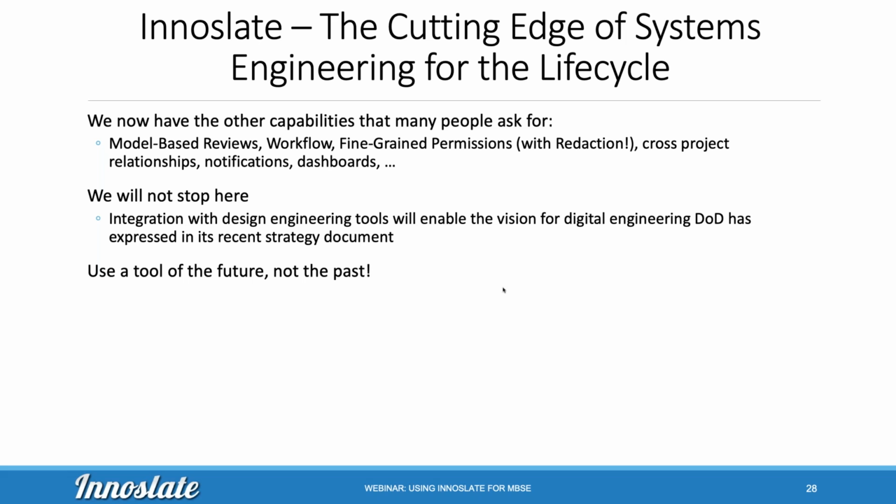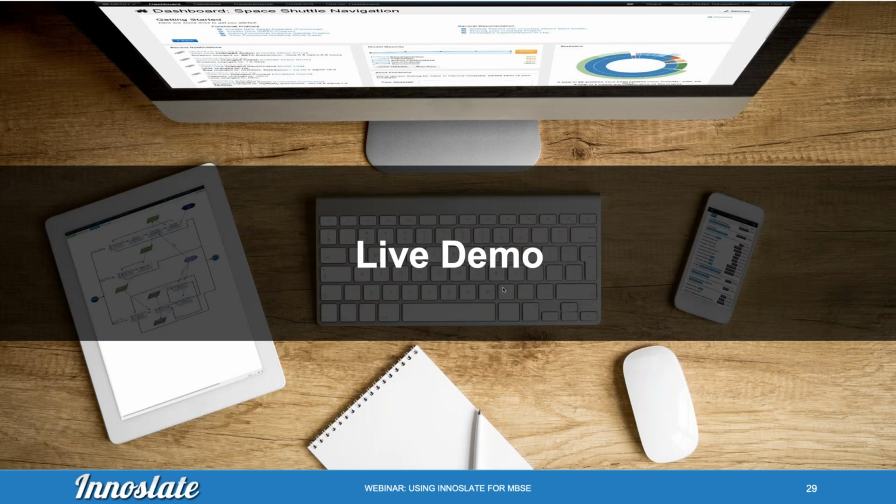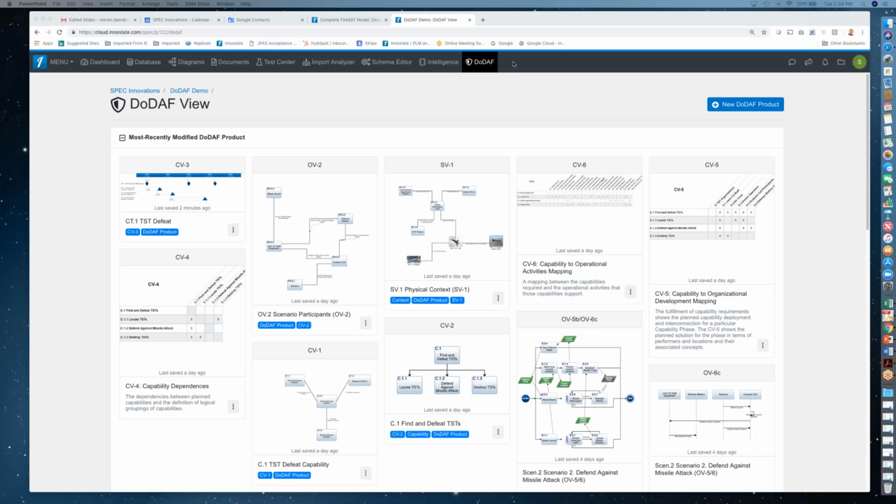We already have a CAD viewer, so we had started that path some time ago. Now we're going to deal with that a little bit more to help enable this vision for digital engineering DoD has, and see if we can't do something there. So our recommendation: use the tool of the future, not the past. That's Innoslate. So let me jump into a live demo now,